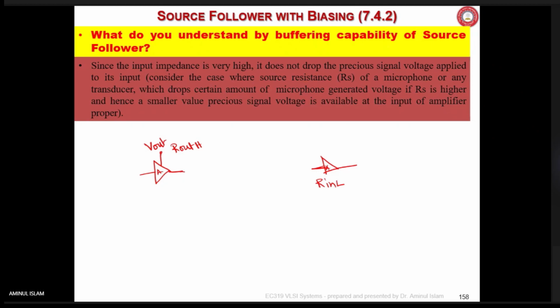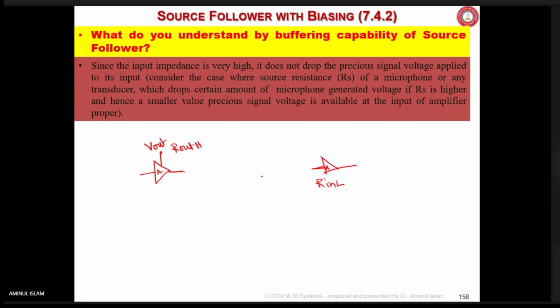Sir, this circuit has infinite input impedance. No, some Rin is there. I'm not saying that it is infinite. Sir, if we use Rin, then the gain will be reduced. Input impedance is low, I'm saying it is low. And the gain it is having is high. Output impedance is high. And if you connect directly, what is going to happen?